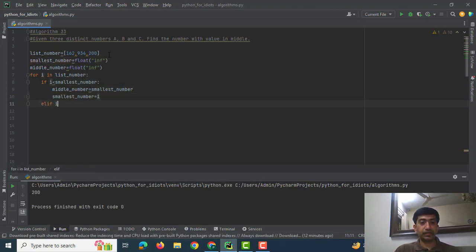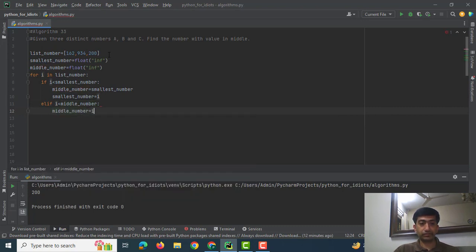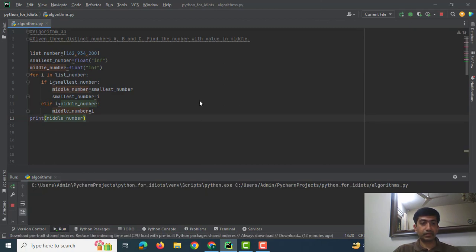And if i is smaller than the middle number, then I give i to the middle number. Then I print the middle number, and as you can see, 200 is the middle number in this list. If I change the numbers to